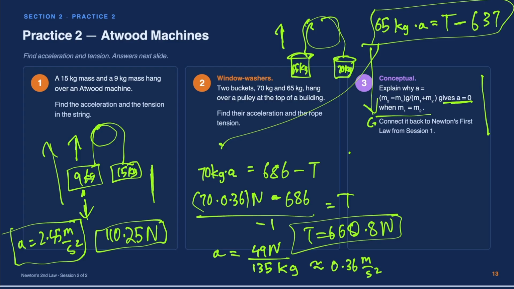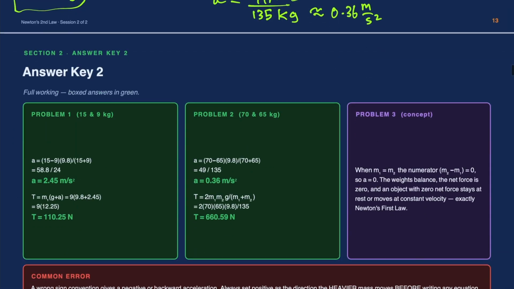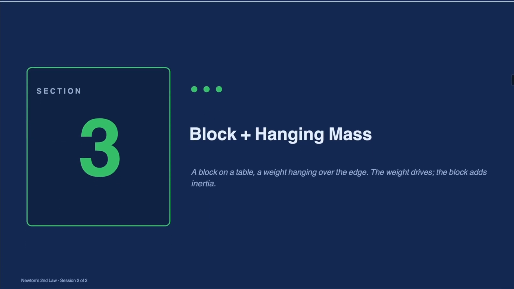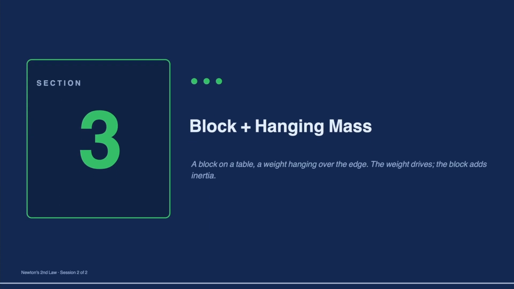In the next video, we'll be going over blocks and hanging masses or ramps and inclines. So watch out for that because those are the harder ones. And Atwood machines are a tad bit more